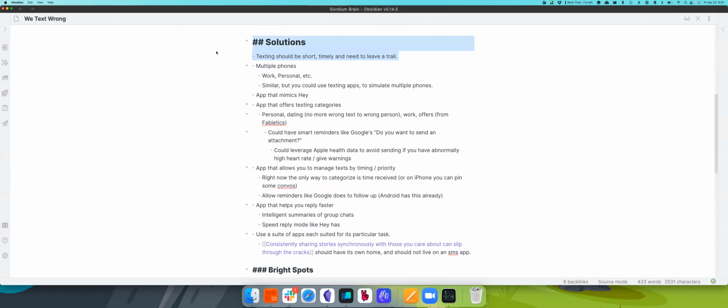But so I guess the solution is just text short, timely things that need a trail. That's it. This is challenging because, for example, I'm going to Joshua Tree this weekend and I'd love to send pictures to my family, and I guess that's short and timely and leaves a trail.